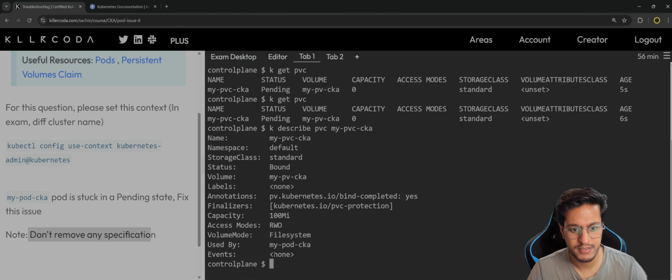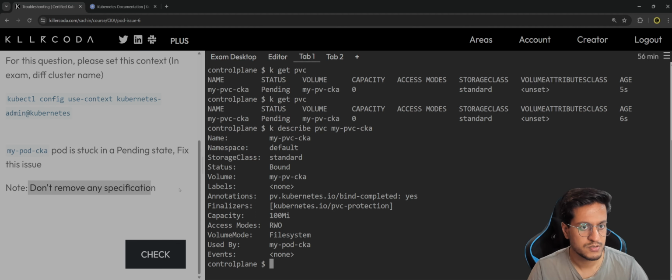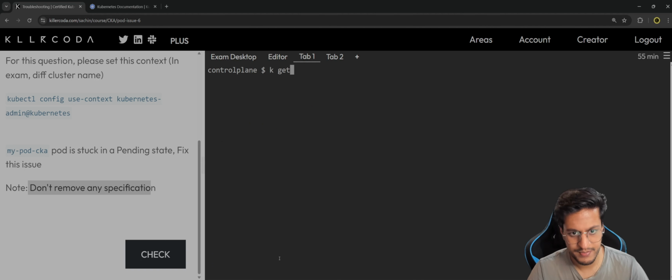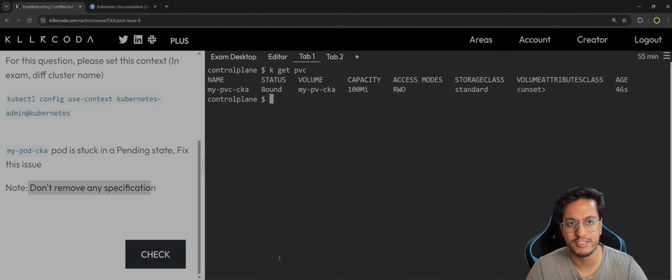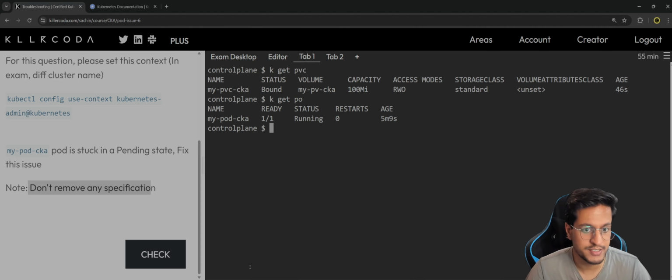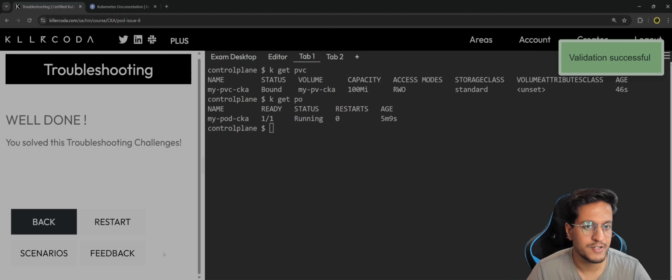Okay, it's matching. So now I have to, maybe this is done. K get PVC. It is bound. It was just taking time. Sometimes it just takes time, so you don't need to worry. And if I do K get pod now, it's also in running state,